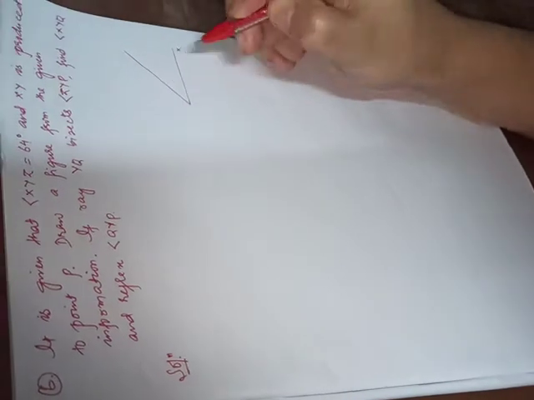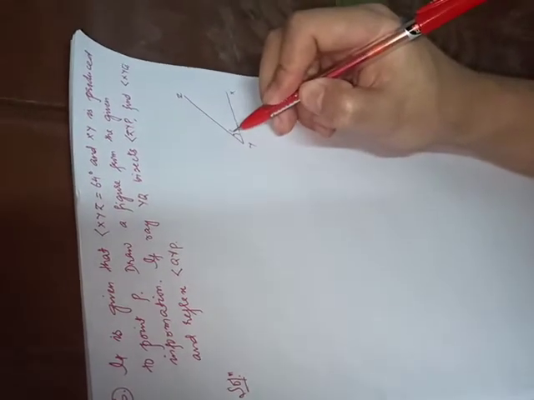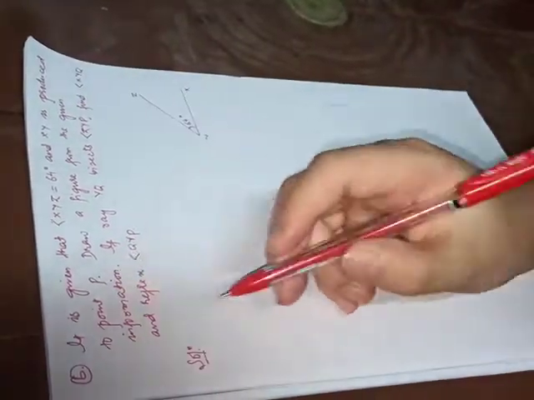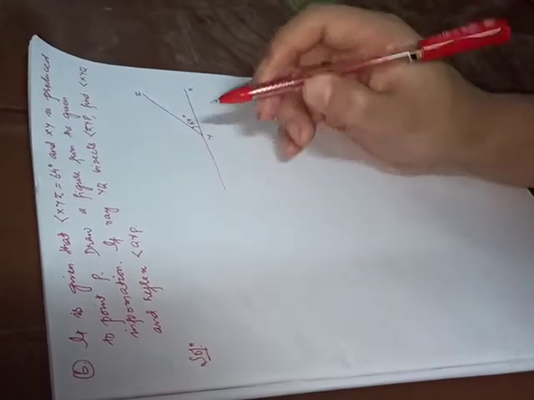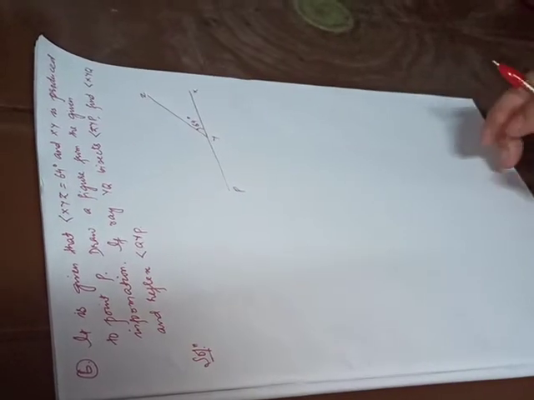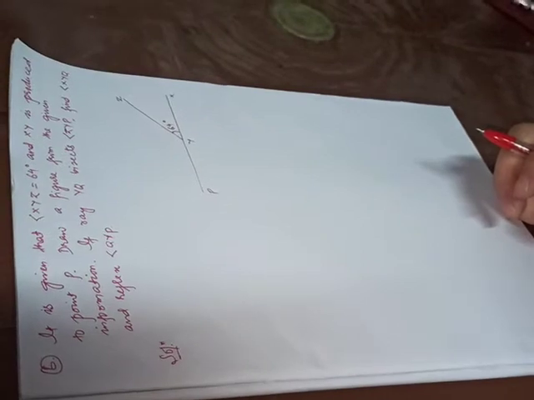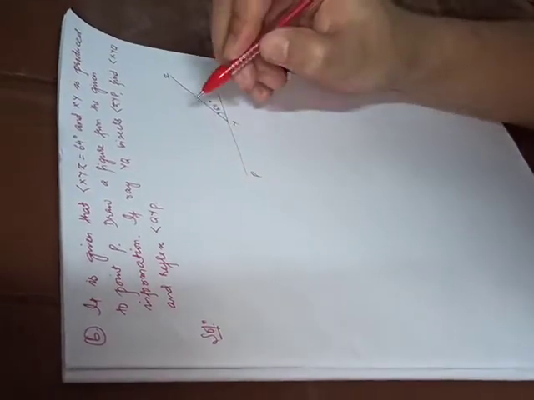That is X, Y, Z. This angle is 64 degrees. And XY is produced to point P, so this XY is extended to point P. I hope this is clear. Kindly take a scale and pencil and draw the figure properly. Now the ray QY,